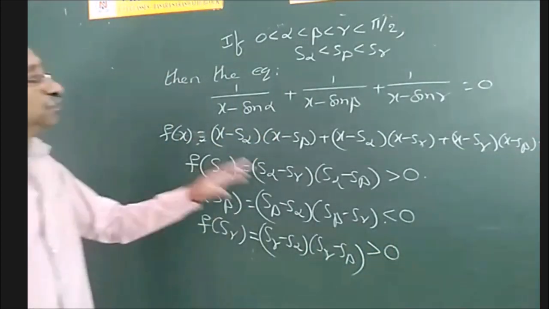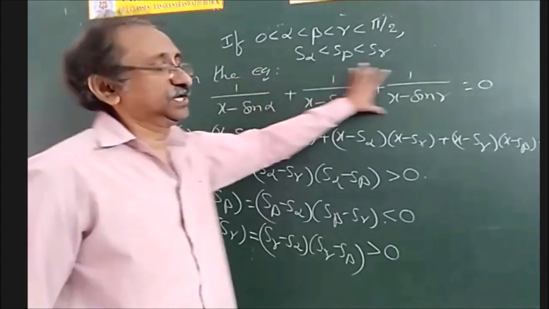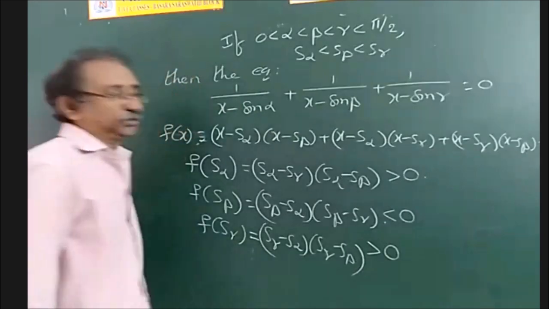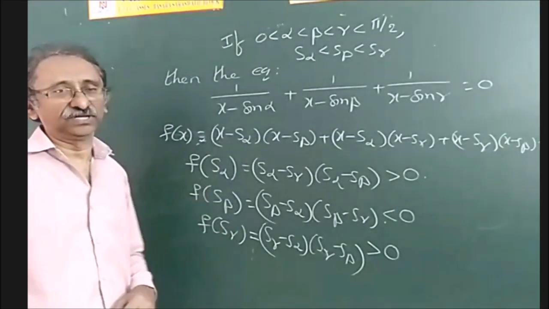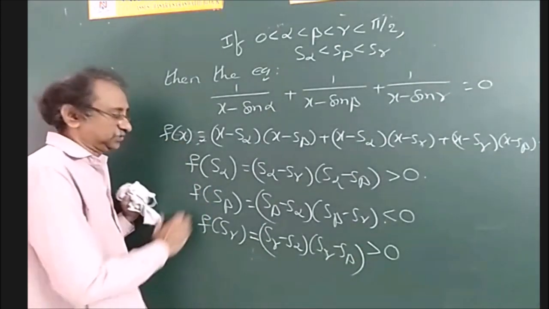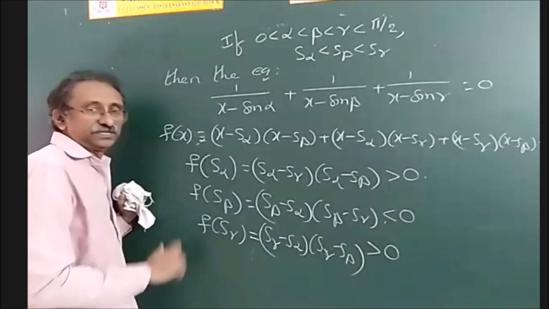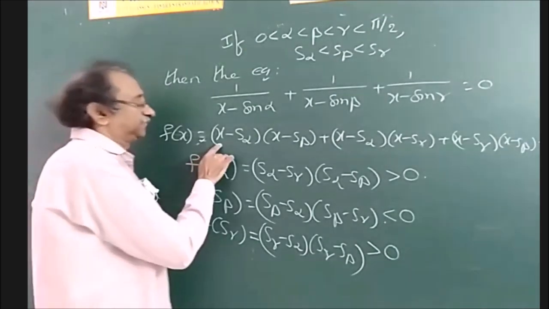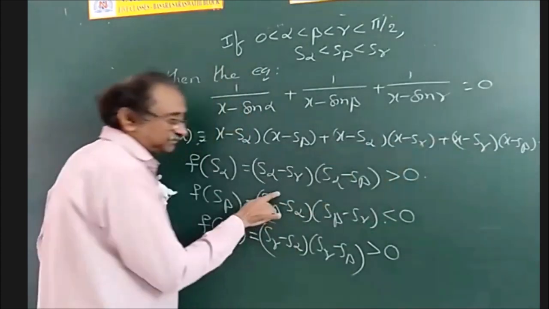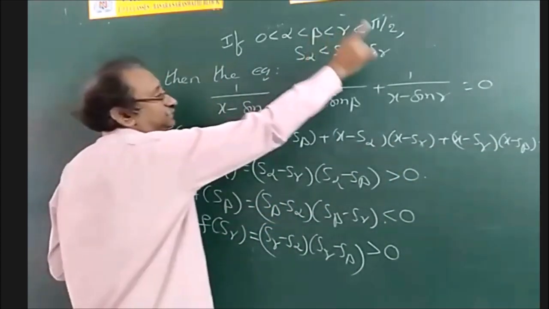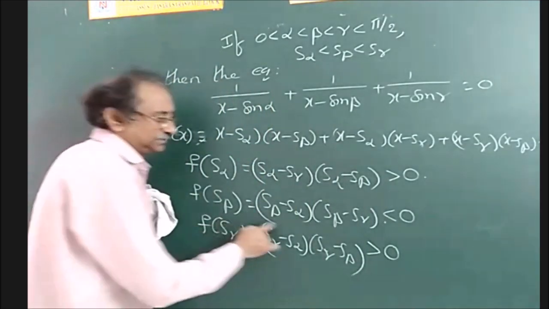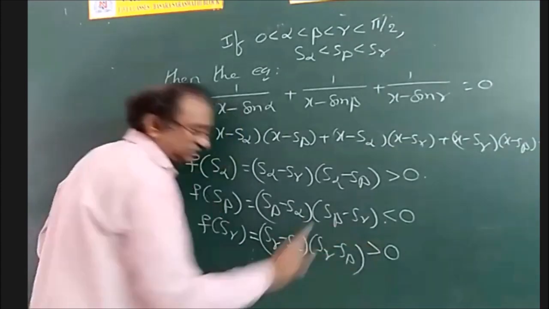See, once again, what we have done is consider the equation. We have taken LCM and simplified this. This expression is equal to 0. We observe that this is a quadratic equation, so we are observing the nature of the sign of the expression. If we substitute sin alpha in place of x, this becomes 0 and this becomes 0 and this becomes this one. So sin alpha less than sin beta less than sin gamma, and you can clearly understand that this is greater than 0. Similarly, this is less than 0 and similarly this is greater than 0.